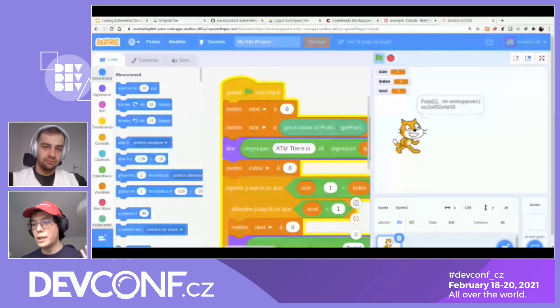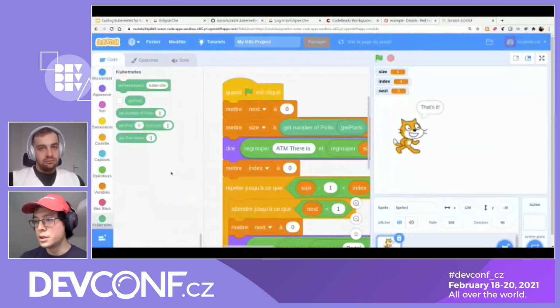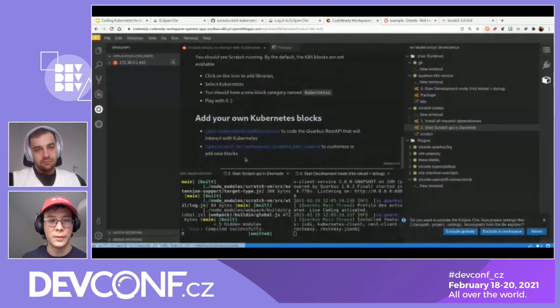So now, what if I want to add a new block, like for instance, get namespace? To add a new block, I can go to the Che workspace, and there is in the guide the right file to modify to add the new blocks. So I can click here, just close that to save some space. And it would open first that file, which is the Quarkus endpoint,